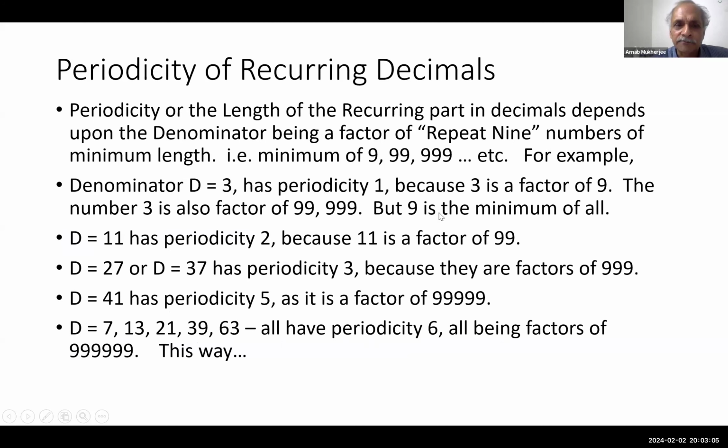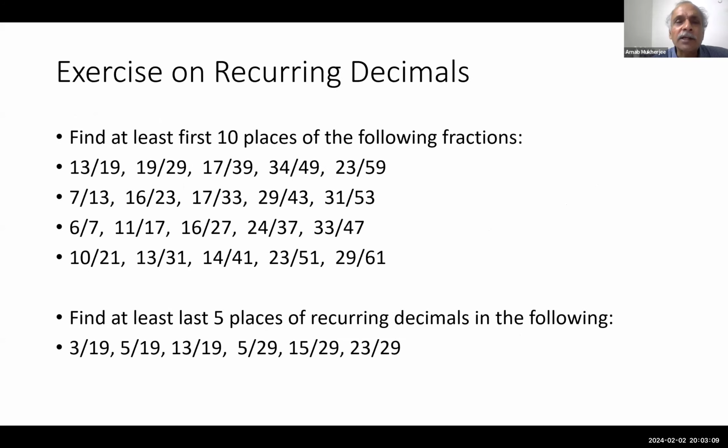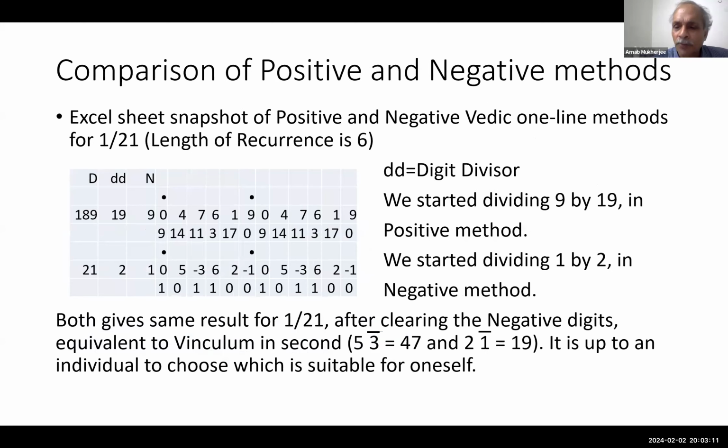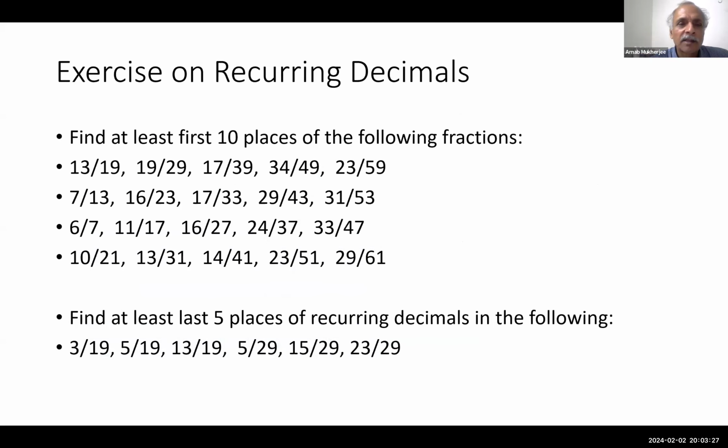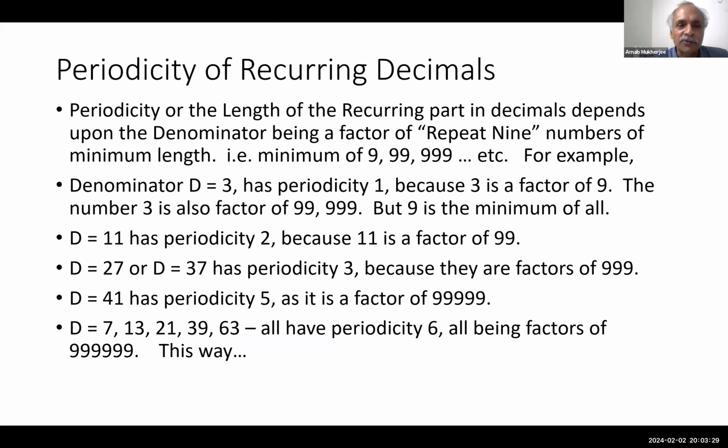Now periodicity. See, for 41, suddenly you're getting only 5 digits. Why? Earlier for 19, you got 18 digits. For something by 41, you are getting only 5 digits. You could have gotten 40 digits also, but why only 5 digits? 41 is a prime also. Because